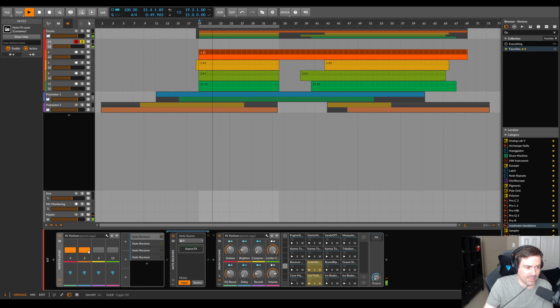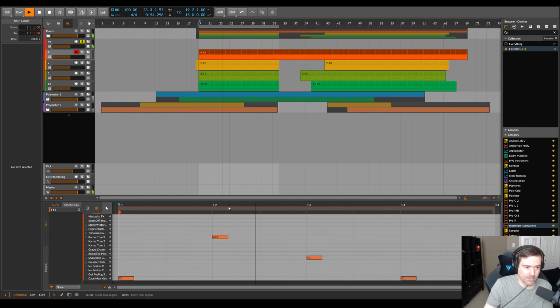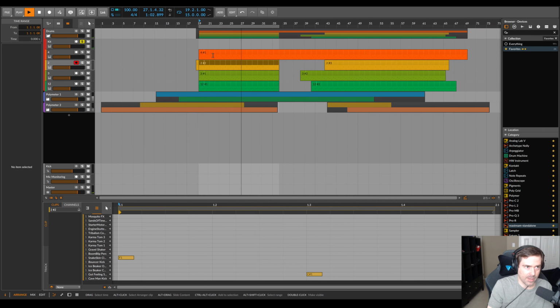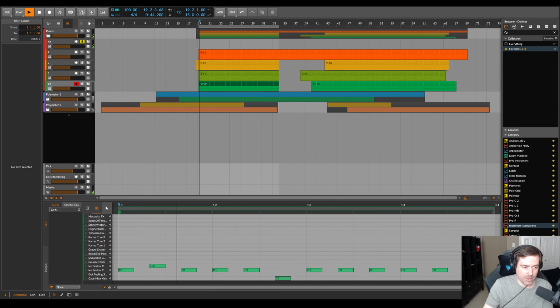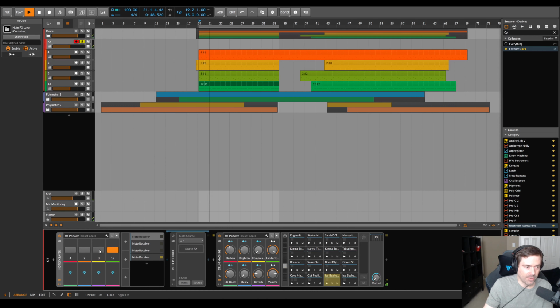You can also disable each individual thing. So this is the 4-note pattern. This is the 2-note pattern. This is the 3-note pattern. And this is the 12-note pattern. And then all together,